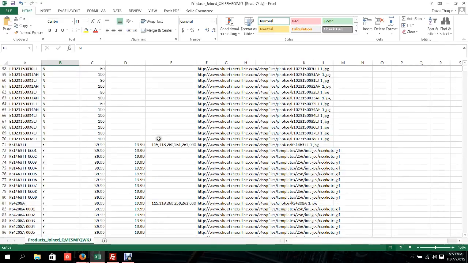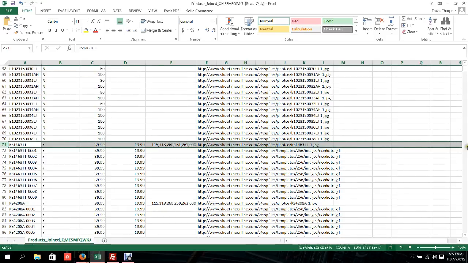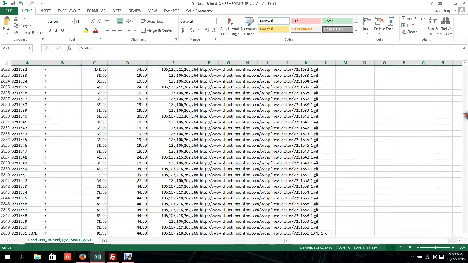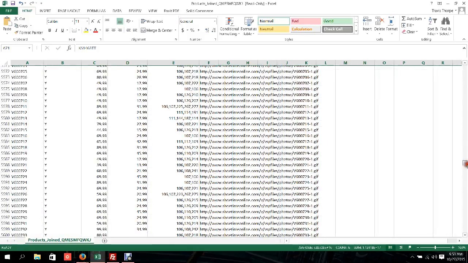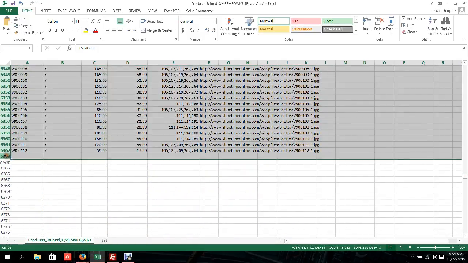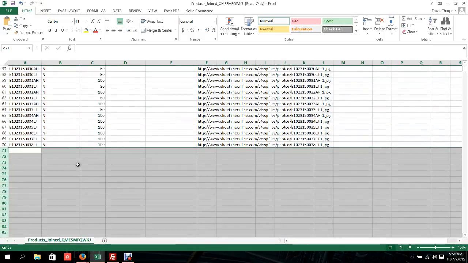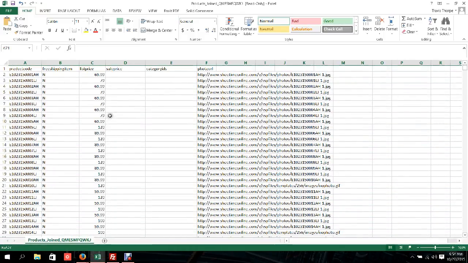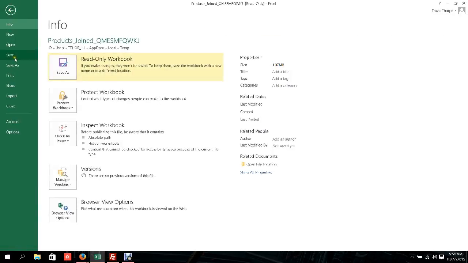Okay. We're going to delete everything after 1023. Delete. Okay. So now we're working with 1023. The first thing we want to do is we have to save this as an Excel file. We have to do this because we cannot do formulas in CSV format. So we're going to hit File, Save As,